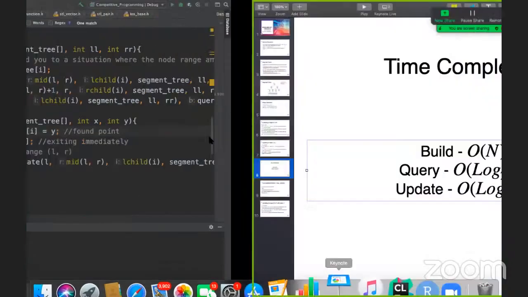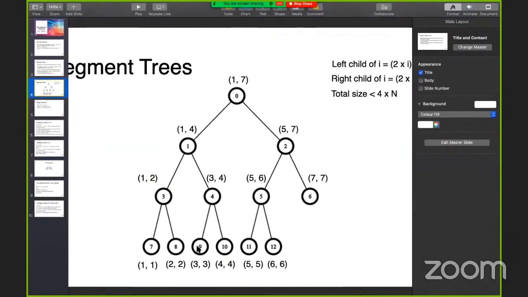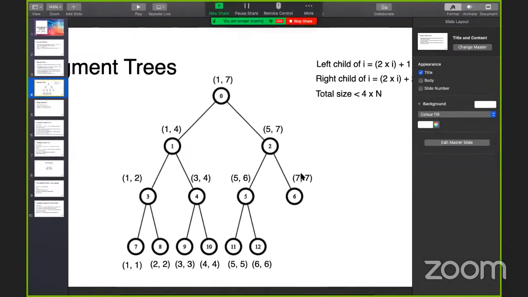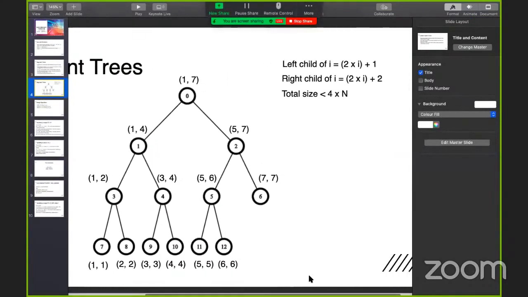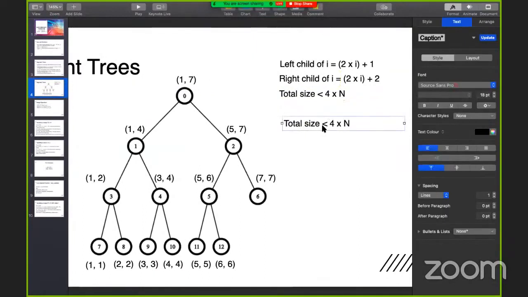So in this slide, let's say we have to update node 9. We're only actually going to follow the path from 0 to 9. Let me write here. So we're updating node 0, and we explore both children.